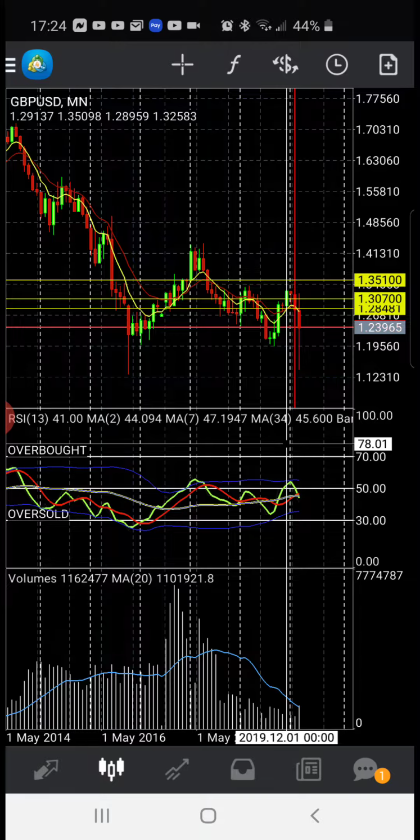So this is how you add the period separators, or some people call them session separators. And just know again that when you choose the 1-minute chart all the way up to the 1-hour chart, that's going to give you a whole day. The 4-hour chart is going to show you a whole week. The daily chart is going to show you a whole month,